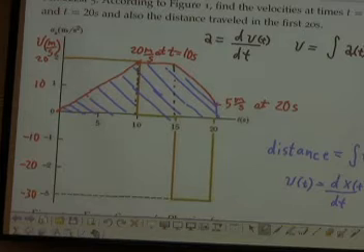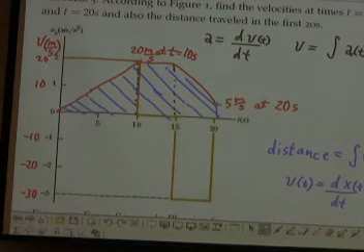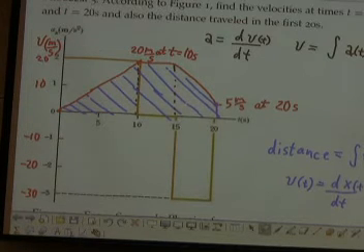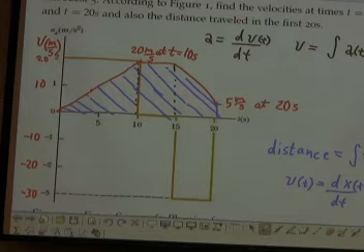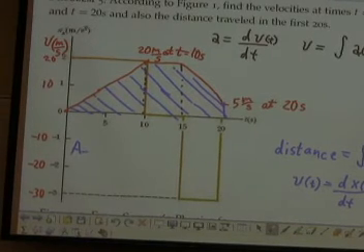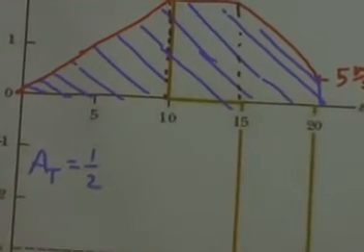And for the triangle, we'll calculate the area here, and pay attention to the units here. We'll have 1/2 the base times the height. So for the, let me mark this, area of the triangle is equal to 1/2 the base, which is 10